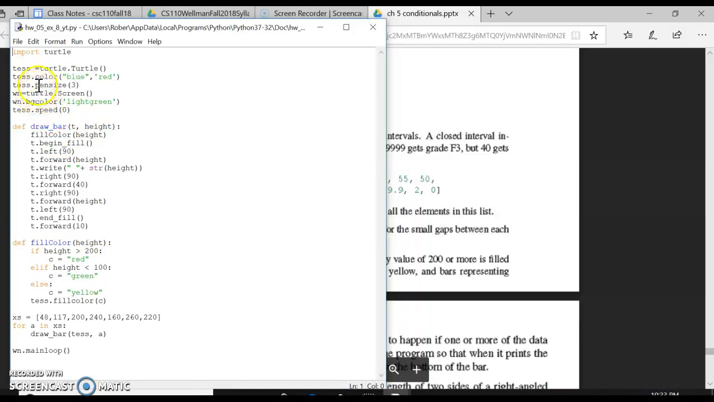So the original turtle code was just the definition for draw. Like I said, it was pre-made. Really all I had to do was this fill color with the height. Do a definition for it, do a little helper function, and in that, before the fill,